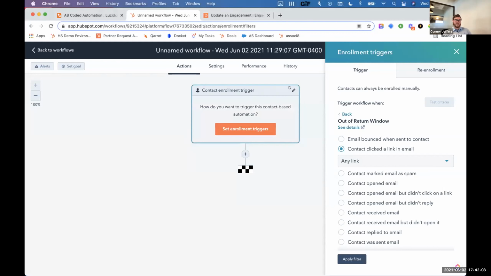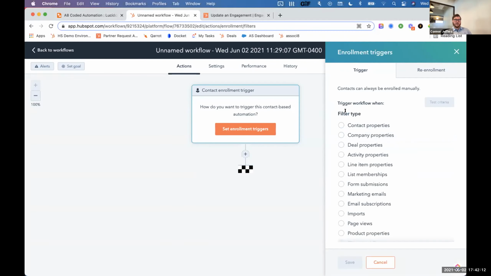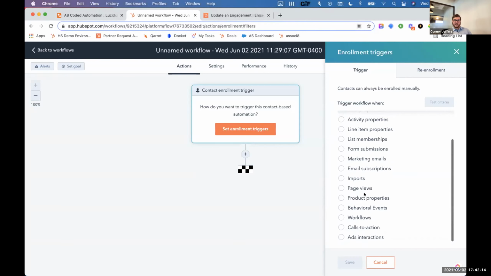So Johan asked, if I trigger a workflow when a contact books a meeting, can I access the meeting info so I can change the meeting owner? So I can speak to how you would do this. Meeting ownership can sometimes be odd, so I'm not 100% sure. I don't want to tell you, yes, you can absolutely update the meeting owner, but you could do this. So the way that you would do this is if you used a contact enrollment trigger,